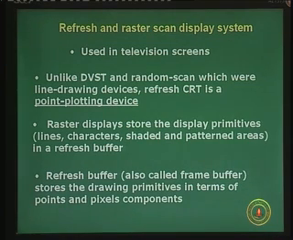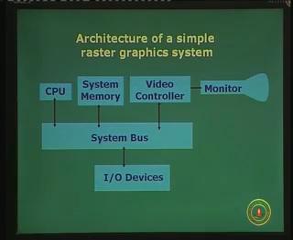So, these are all concepts which will come in here, and they are much more important in this lecture, when we talk about refresh raster scan, than when we talk about, say, DVST or the calligraphic or random scan display systems. So, before we talk about these concepts, let us look into the architecture of a simple raster graphic